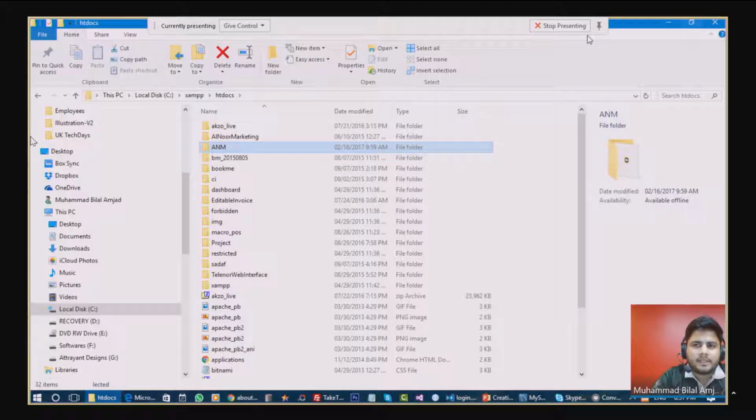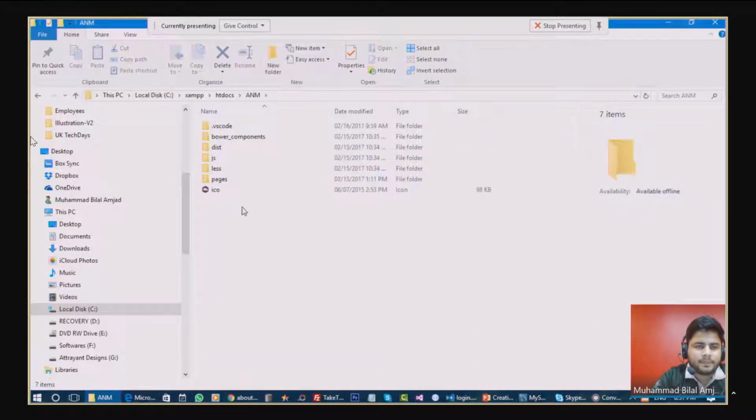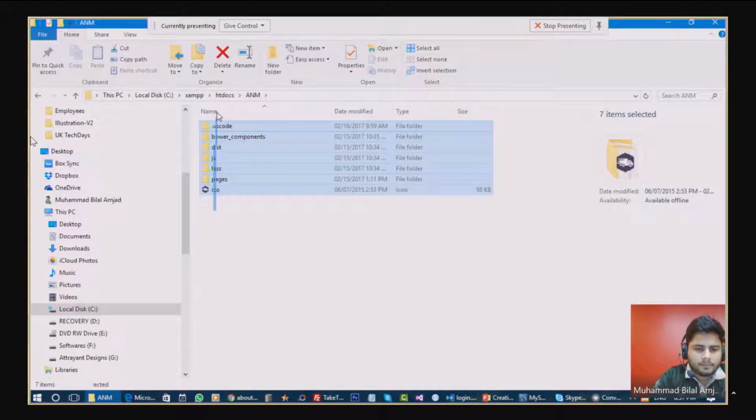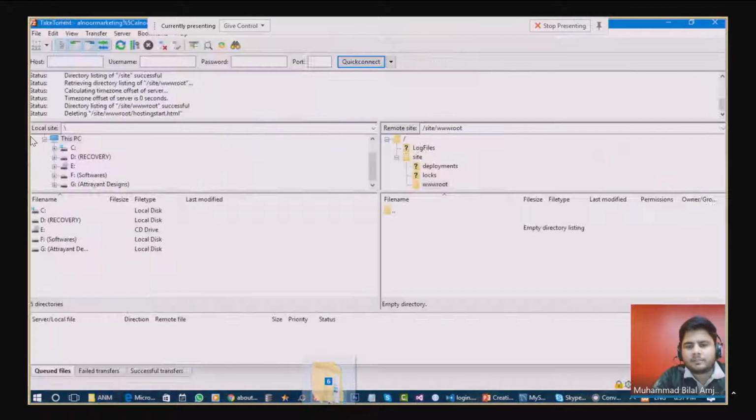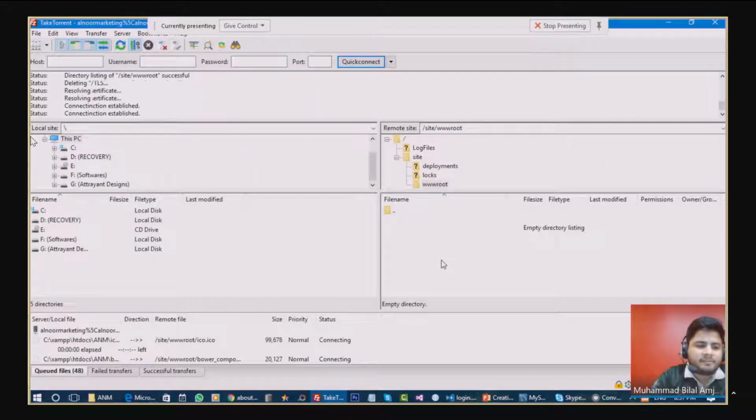So this is my application. I will just drag and drop the files to my FTP. So there are 48 files that will be injected within a few minutes. Meanwhile, let's